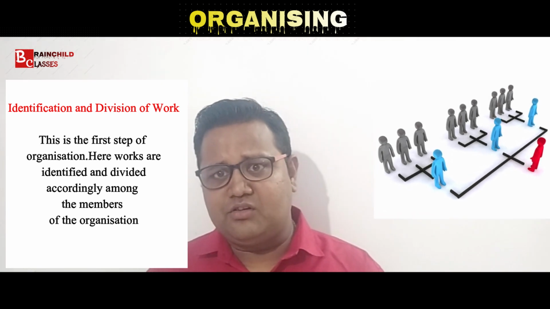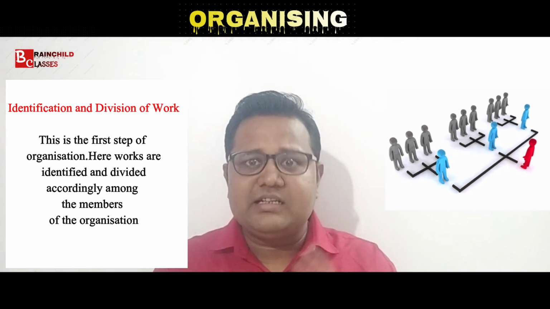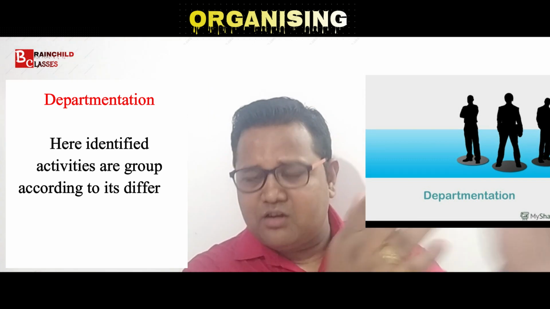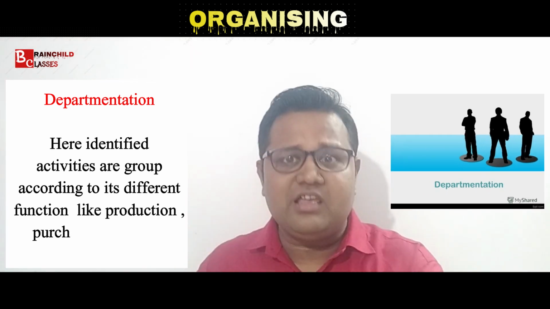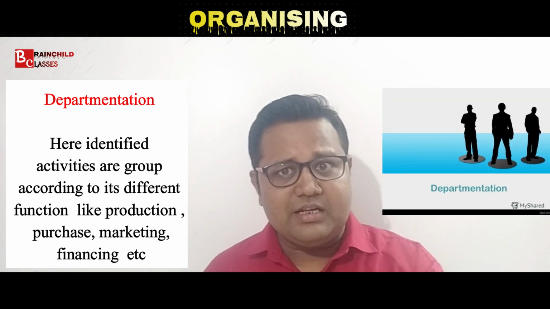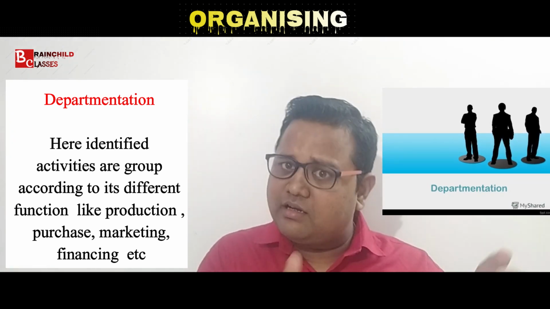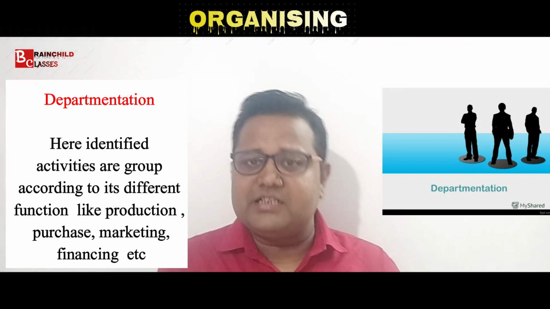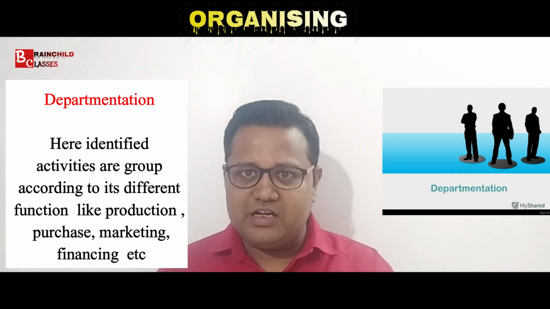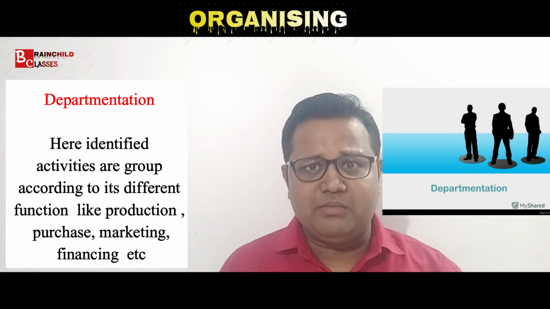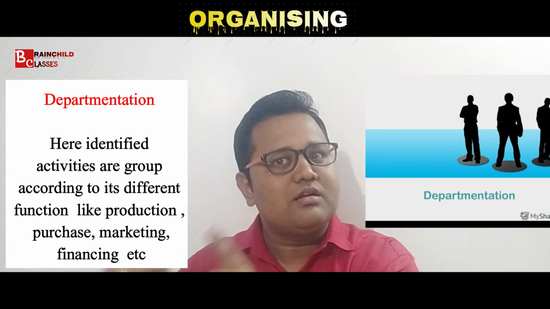After identification of work, the next one is creating the department. Help desk is one department, loan section is one department, transfer of fund is one department, treasury is one department. That is the creating of departmentation. Identify the work, create departments. In a production firm also, purchase is one department, producing is one department, storing of goods is one department, distribution is one department. That is departmentation of work.